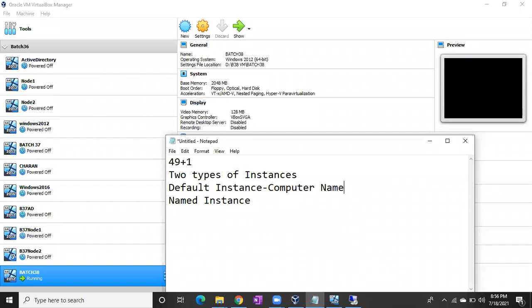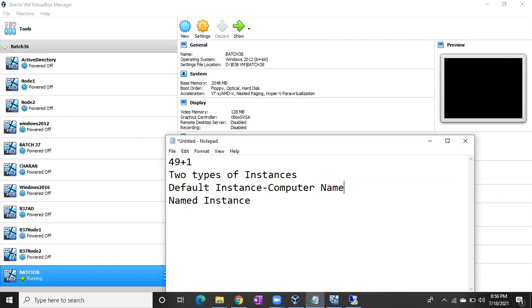Why? Because if I can install 50 instances in a machine, and I want to connect to one of the 50 instances, to which instance do I have to connect? Imagine there is no name for the instance, I have 10 instances and no names. To which instance can I connect? I can't connect to any instance. So an instance will have an instance name.